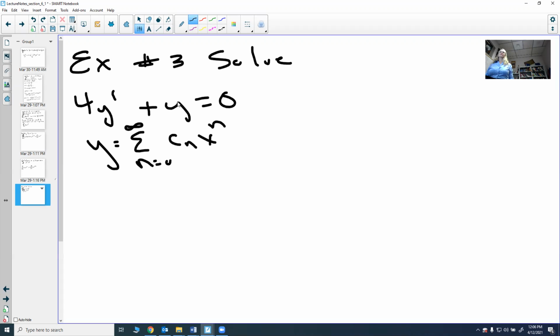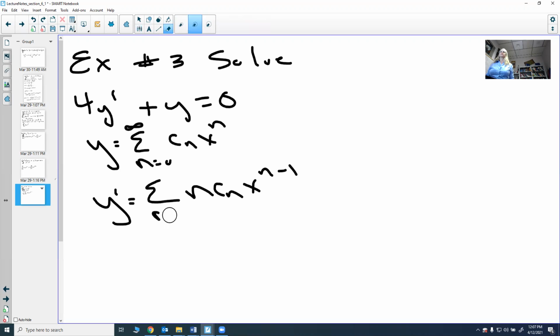Of course, to plug it in, that means I need to know what y is, which we know. I also need to know what y prime is. So we need to first find what y prime is. Well, when you take a derivative of this, you're taking a derivative of each individual piece, term by term. That will always get you, bring the power down, and then subtract 1 from the power. And so this would be the summation n